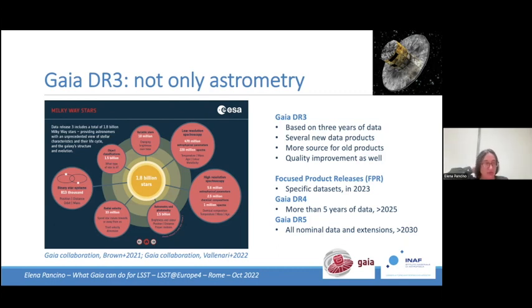You know that the nominal mission duration was 5 years, but there have been extensions. The first 2-year extension has been approved and is now running. So Gaia is observing its first extension. A second extension is in the approval phase, and there is fuel and coolant for maybe 10 years. So complexity is the key, no?